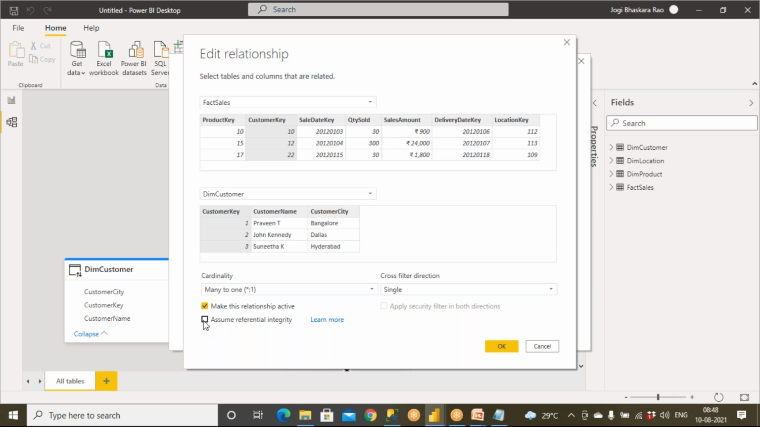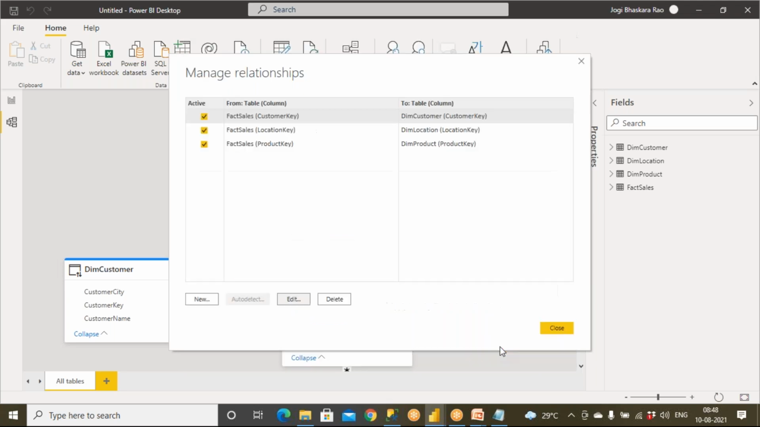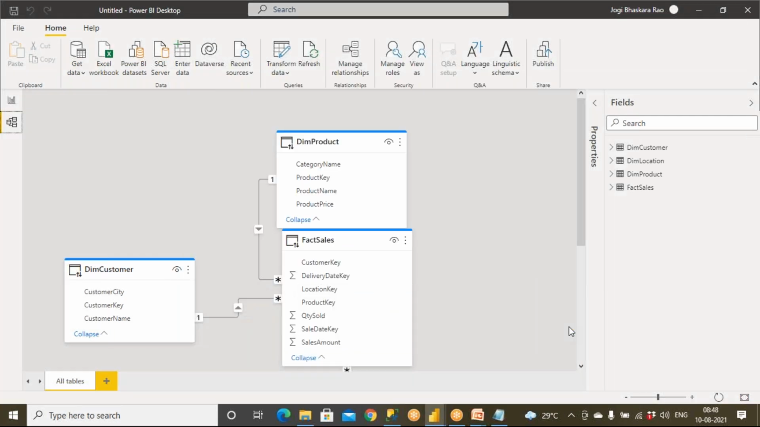Now I say assume referential integrity. When I'm saying assume referential integrity, that means it is going to be using inner join. That is what you need to understand. Clear? So this is available only to the direct query